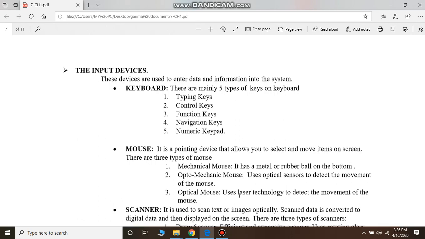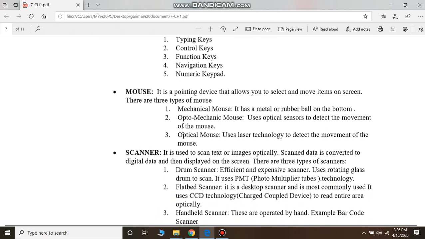Then you have navigation keys. Navigation keys means which are used to move through your documents or to edit the text. So all the arrow keys that are present on your keyboard, your delete, insert key, page up, page down, home key, end key, they all come under the category of navigation keys. So there is a numeric keypad. If you see on the right side of your keyboard, that is a numeric keypad. It consists of numbers from 0 to 9 and arithmetic operators and a decimal point. They are all numeric keypad keys.